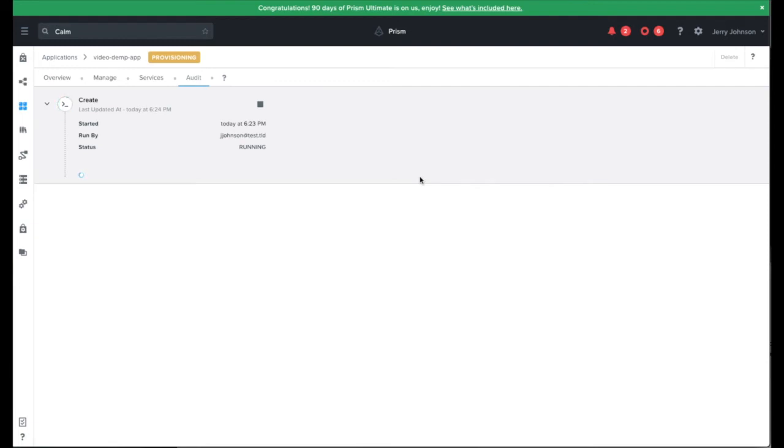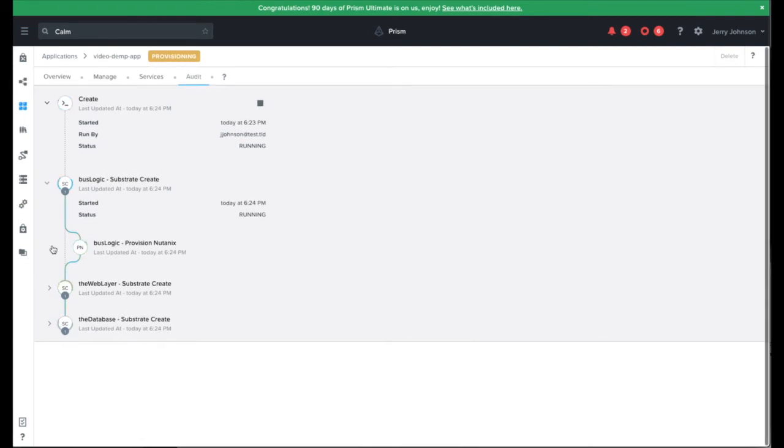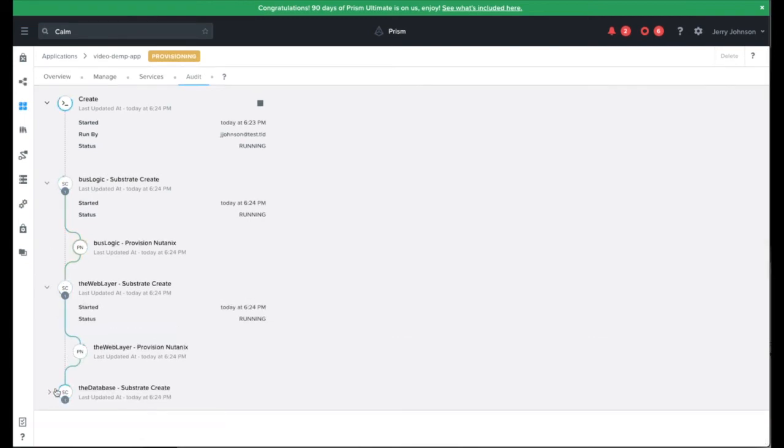But that's it. It's just that simple to consume blueprints created in Nutanix Calm. We can get more details on each step of the way here by expanding